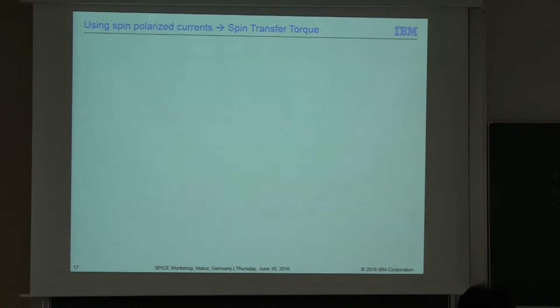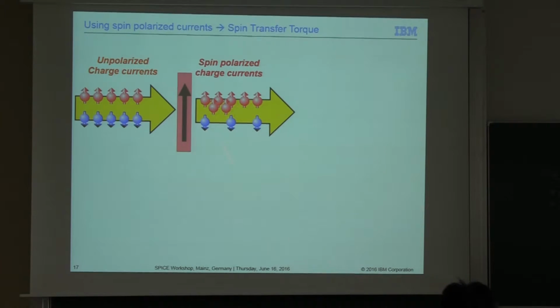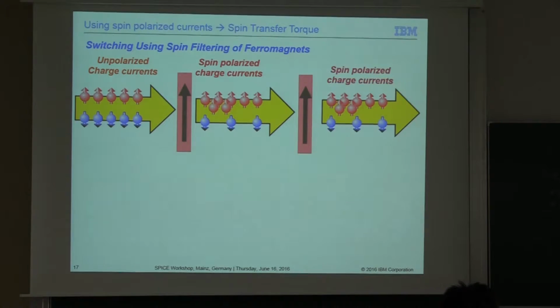So for the later part of my talk, I would like to now focus on what are the applications that you can do using this, now that you have this kind of enhanced spin orbit torque. If you recall from our earlier discussion, the way that we normally switch a magnetic tunnel junction is you start with unpolarized charge currents. Let's say you have equal numbers of spins pointing up and down, and you pass this through a ferromagnet. Then upstream, you would get some spin polarized charge currents. And if you have a sufficient number of these spins acting on a ferromagnet, you can cause these moments here to reorient themselves,